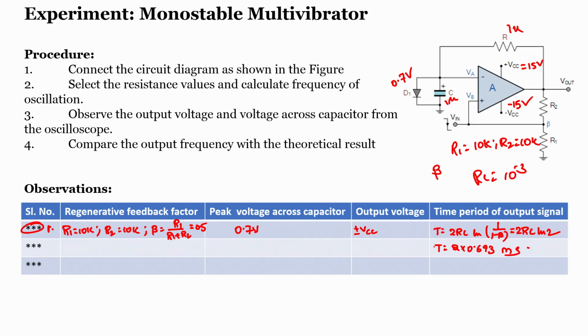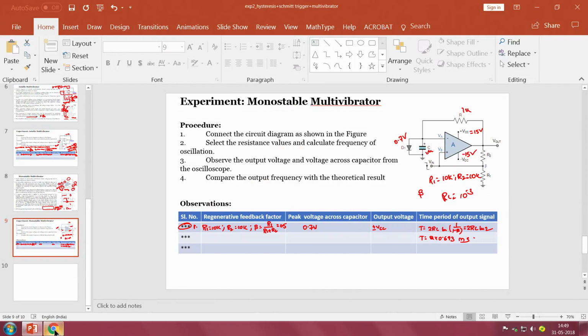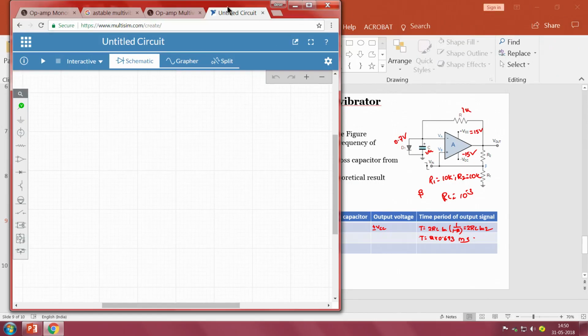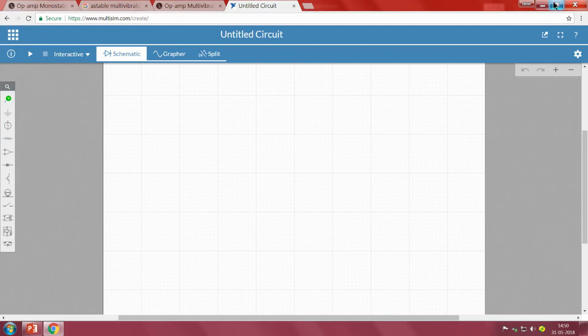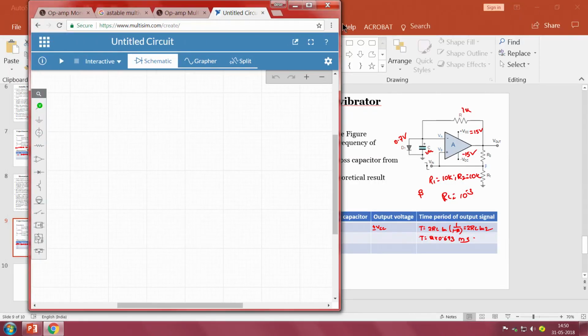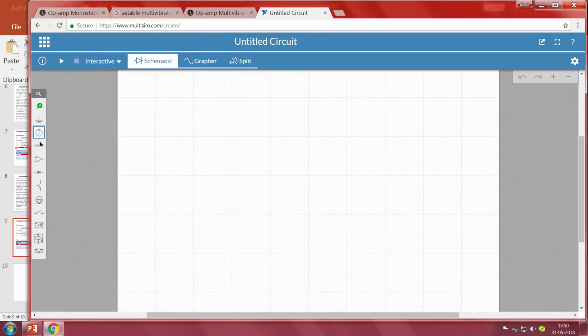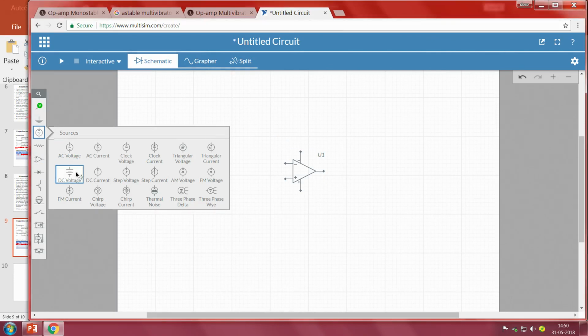Clear? Now we will see the simulation, how it works, and then we will go back to our experiment. So I will go with the simulation now. How will the circuit be? First, I will go to op amp, I will select the op amp, and I need to give the power supplies to that. So I will go to DC voltage,